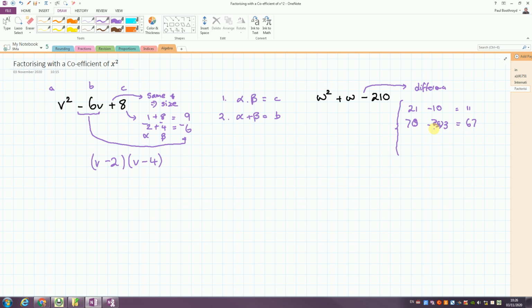Okay. So a little trick for you: when we're doing a difference one, we know they must be close to each other. So a good candidate is they're going to be around the square root of 210. This is a thought I can make about these numbers. And if I know the square root of 210,